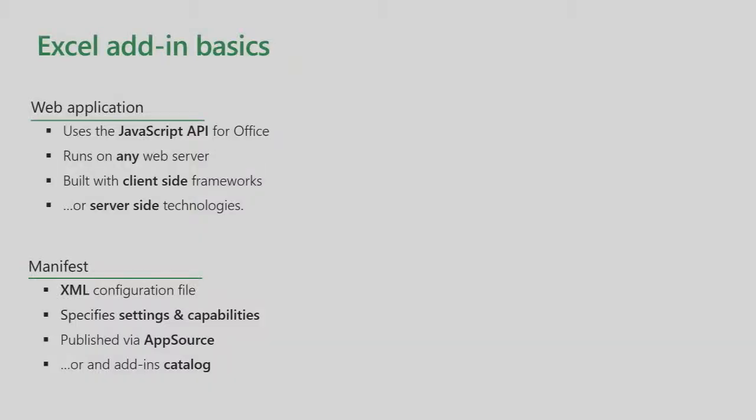So as I was saying earlier, there are these things that are just the natural characteristics of an add-in. Yeah, it runs with a set of APIs built with JavaScript. We're going to talk a lot, actually, about those JavaScript APIs later in this talk. The reason being, well, I'll get to the reason, but the point is that's very important and essential for you guys to understand. Runs on any web server. You can use client or server-side technologies with it. So once you've built that web component, you set up a manifest, you publish that manifest, and it describes how the application is going to run and interact with Excel.